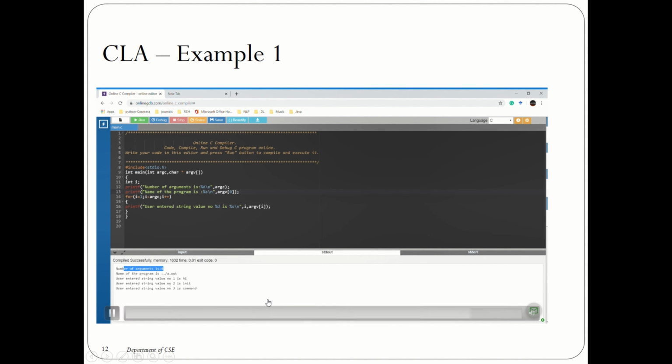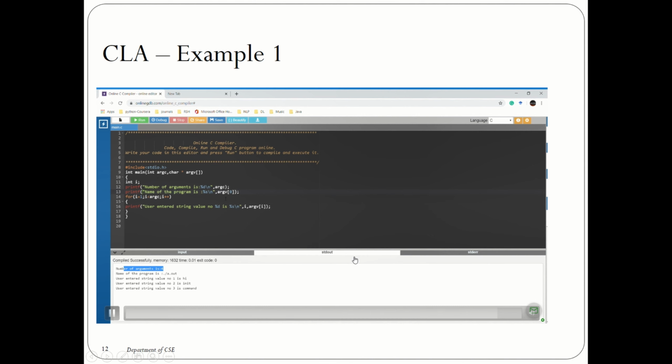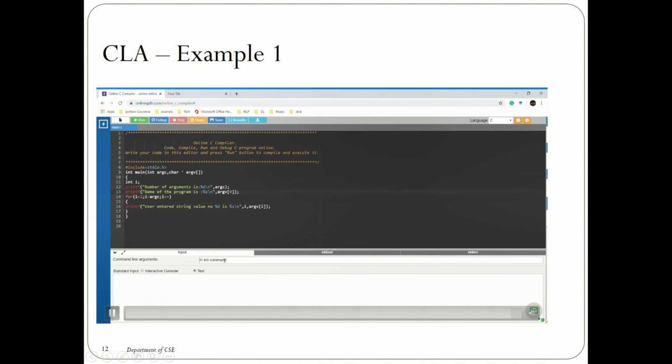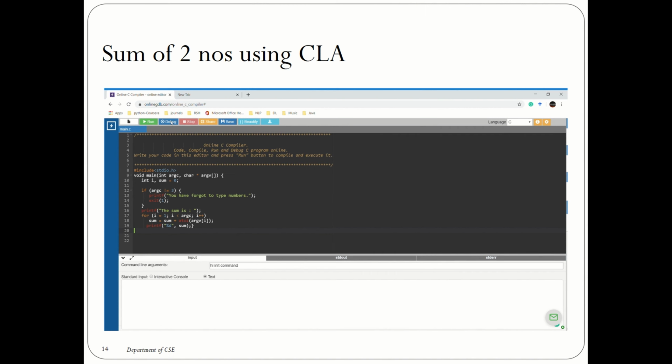So in this program it is very clear. argc and argv are the two arguments which are passed to the main function, and argv is an array, a pointer array. argc is determined automatically by the system, and argv will be taken from the command line arguments which we give. So that's all about the first part. This is just the running of that same function.